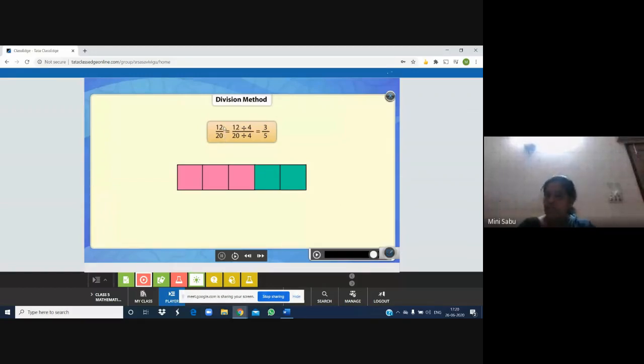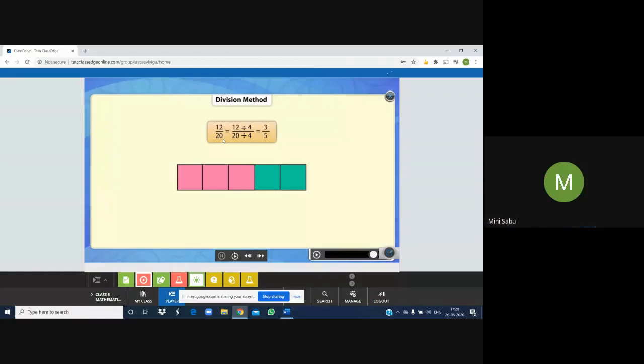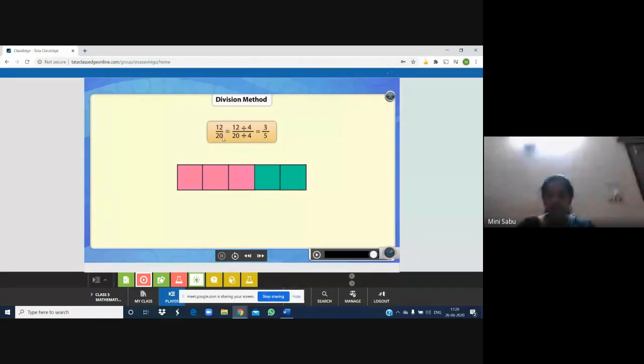Don't select 2 for the numerator side and 4 for the denominator side. If you select 4, select 4 for both numerator and denominator. Otherwise, if you select 2, select 2 for both numerator and denominator. It is up to us. It is our choice which number is to be selected. But the numbers should be divisible by the number which we select.